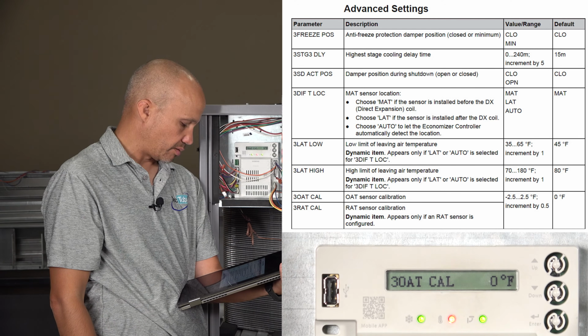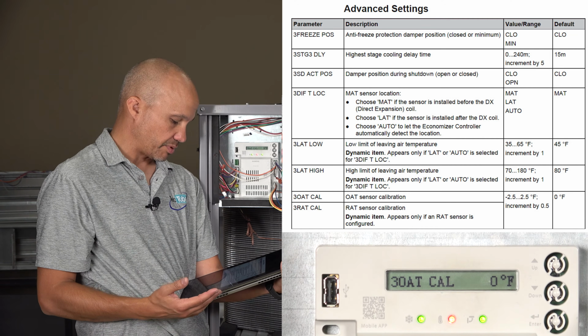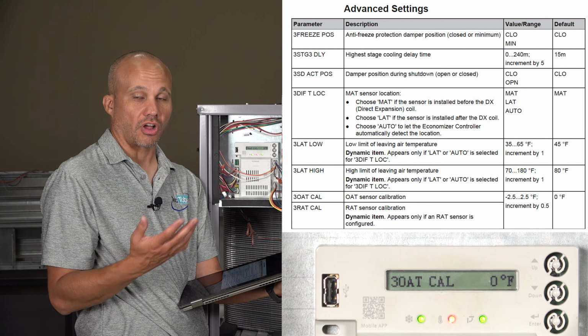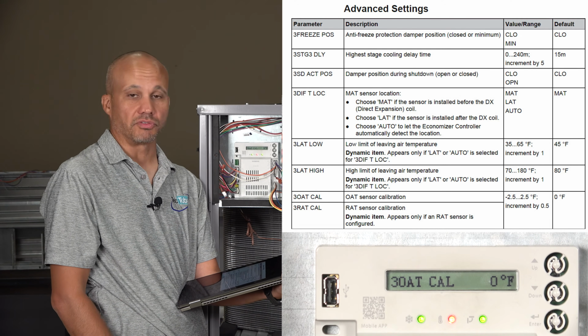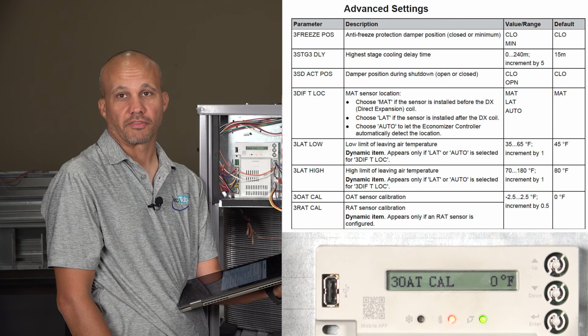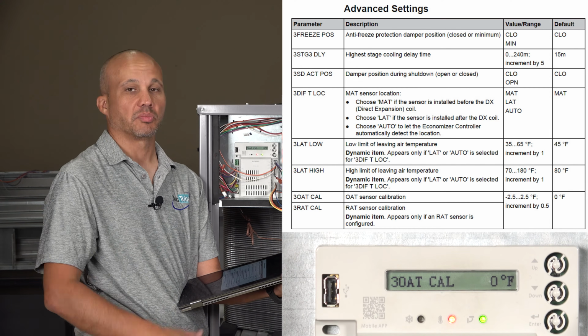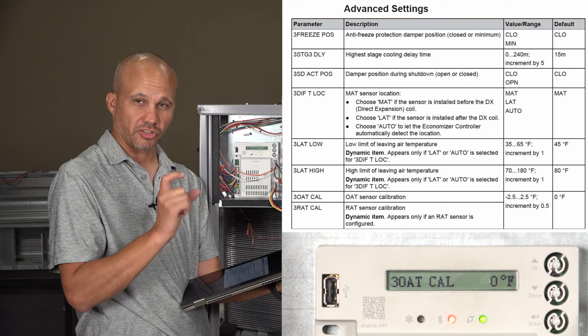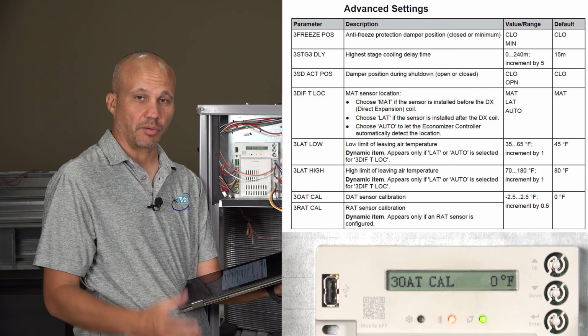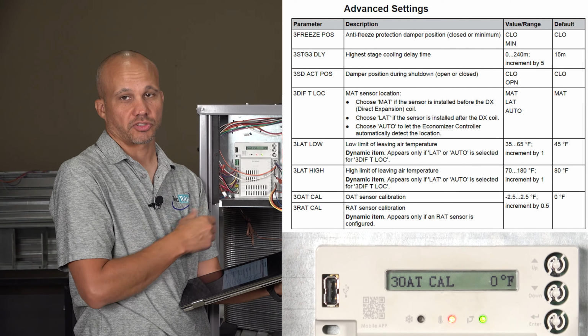OAT sensor calibration, and then return air temperature calibration. So if your temperature is off by a little bit and you want to adjust it, you can. Honestly, I would argue that there's no difference between 57 and 58 degree outside air temperature. But if you are very set on making it exactly right, you can do that. You can go plus or minus 2.5 degrees to calibrate your device to match the actual thermistors you have in